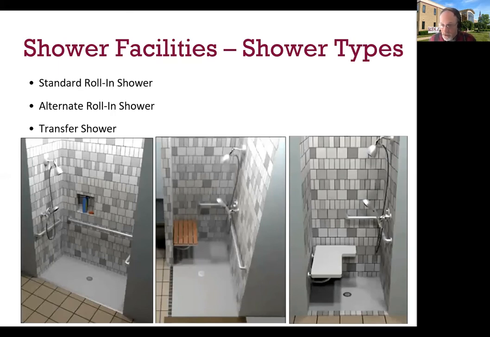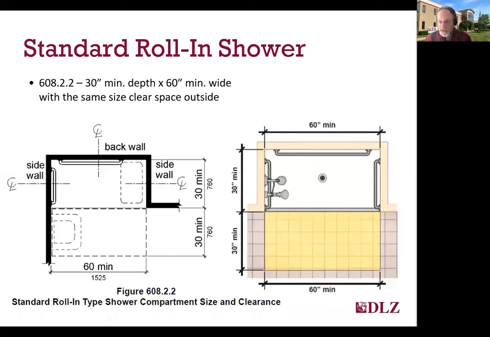So first, let's talk about roll-in showers. As the name implies, the roll-in shower includes a large enough area for a wheelchair to roll in and use. For a standard roll-in shower, the minimum dimensions and clear spaces outside are identical, being a 30-inch depth and a 60-inch width. All inside dimensions for all showers are to be measured at the center for all shower types. Note that the clear space outside is allowed to be encroached upon by a sink at one end, as long as it's not on the same end as either the controls or the seat if you provide it for a